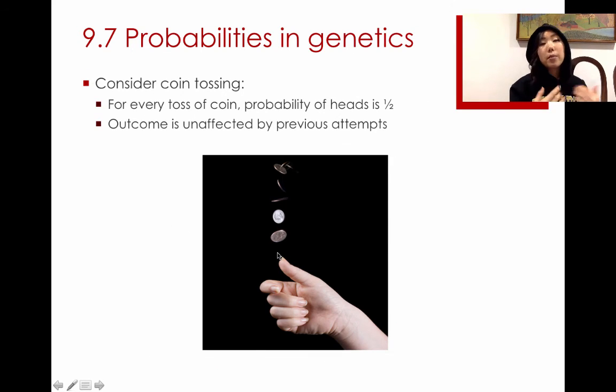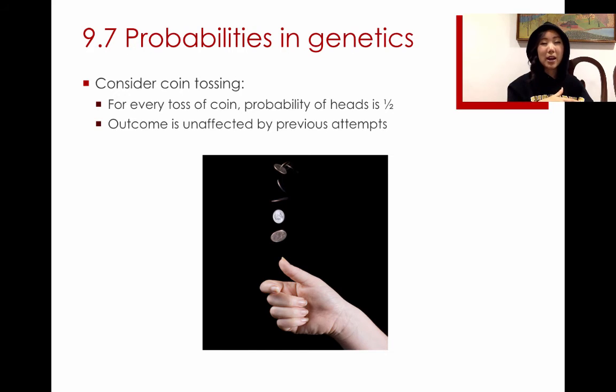So there's some probabilities involved in genetics, and you can use this to save time rather than making a huge Punnett square, especially if we're doing multiple characteristics. If we consider just tossing coins, the probability of getting heads is 1/2 or 50%. And the outcome of the coin toss is